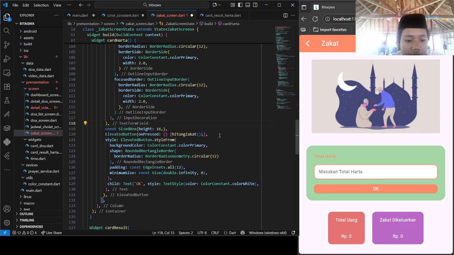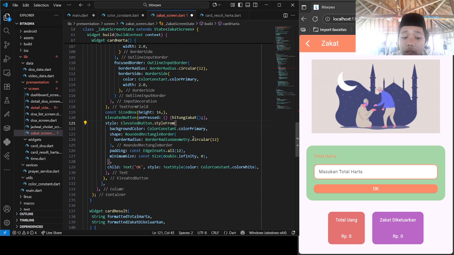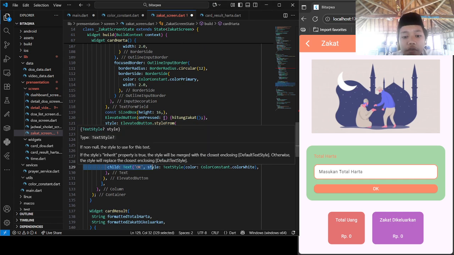So elevated button, onPressed. What is that? It's for running the counting function. And the part down here is just for the preview.